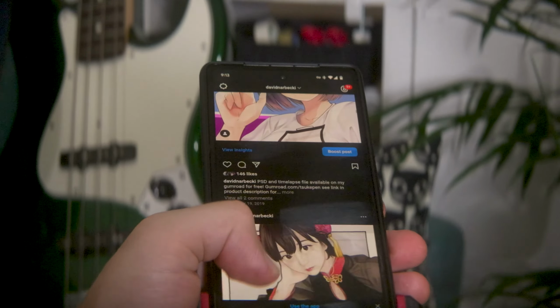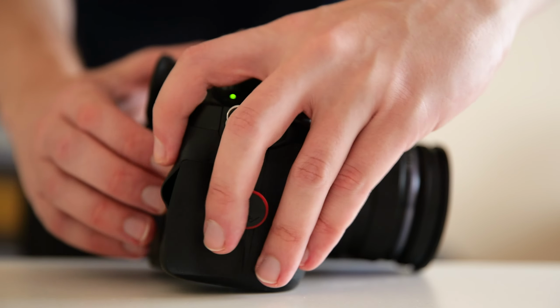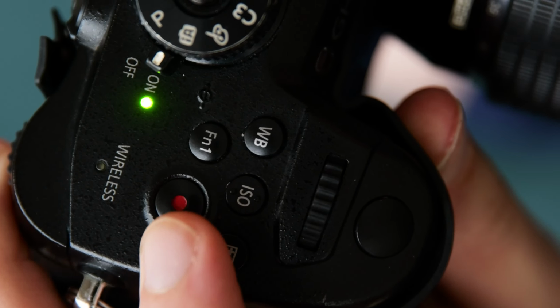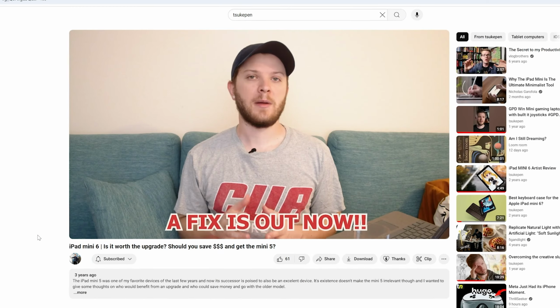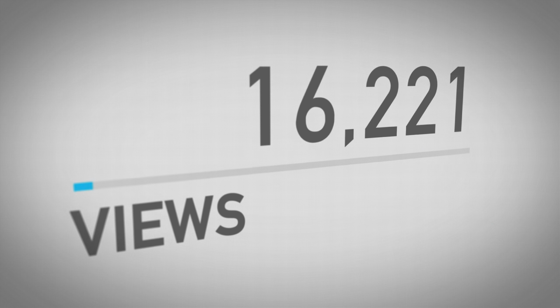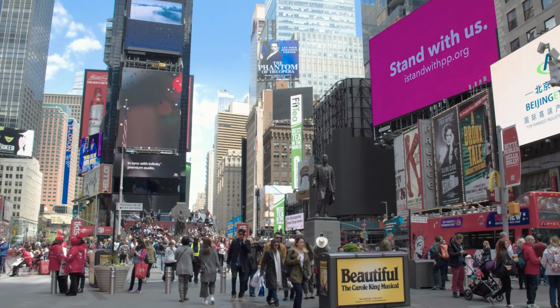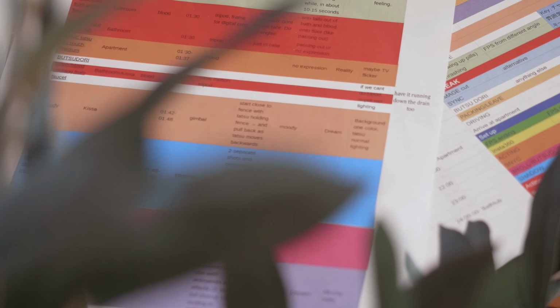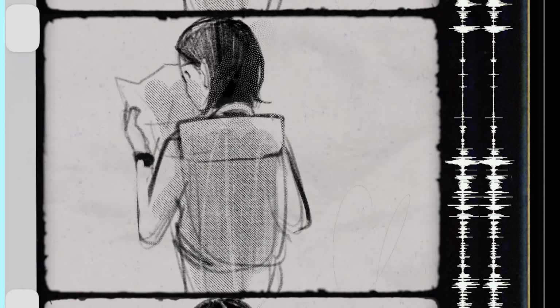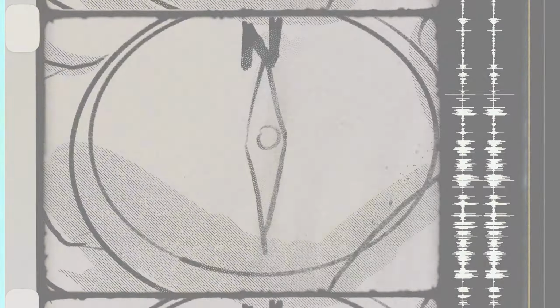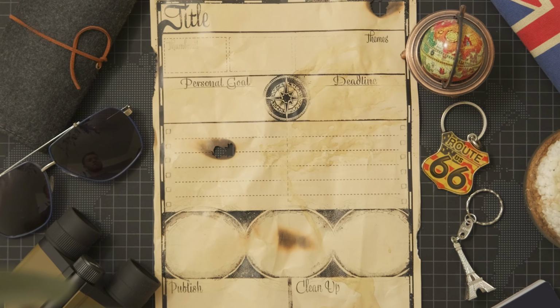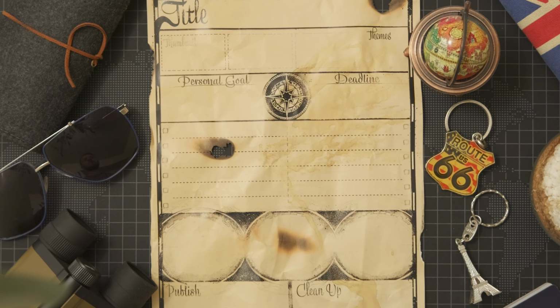Modern platforms and technology make it easier than ever to just pick up a camera and press record. But as easy as it can be to get started, staying consistent and on your true path is increasingly difficult. What we all need in these moments is not a spreadsheet or a cinematic script, but rather a humble compass to keep us on the right track, with enough room to explore and do what we set out to do in the first place.